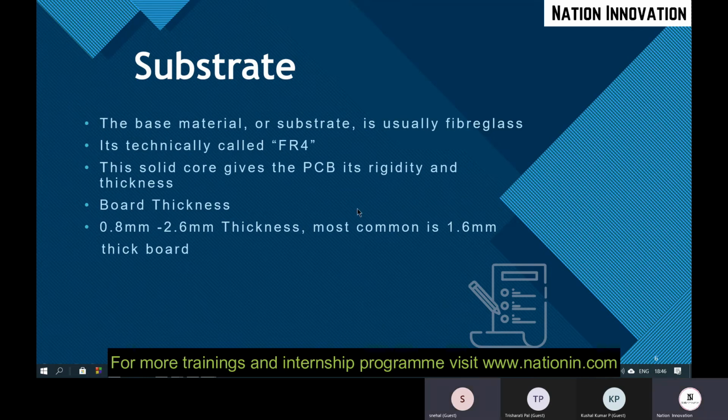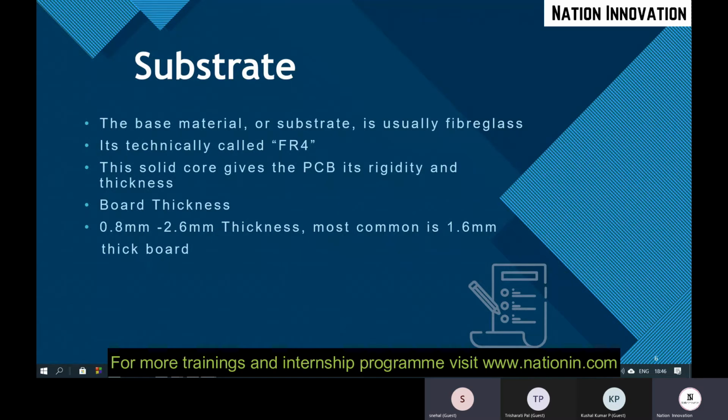Okay, but why is it needed? It is the basic component. To connect above and below, there should be an insulating material, right? This acts like an insulating material. It won't conduct any electricity. So to differentiate between two copper layers, it acts like an insulator.